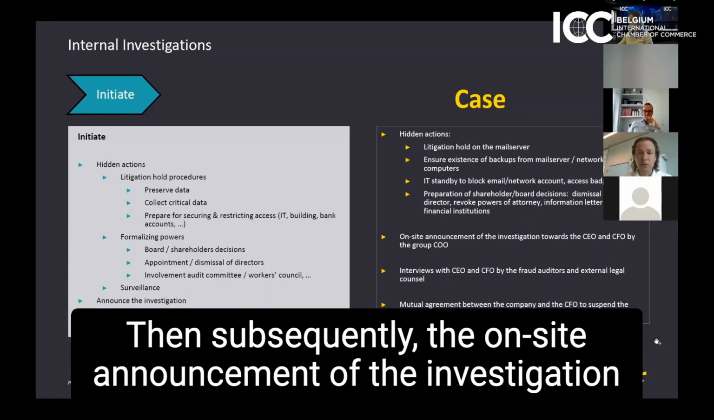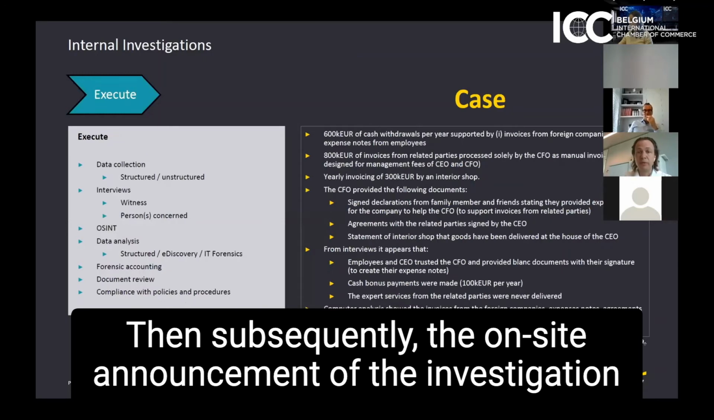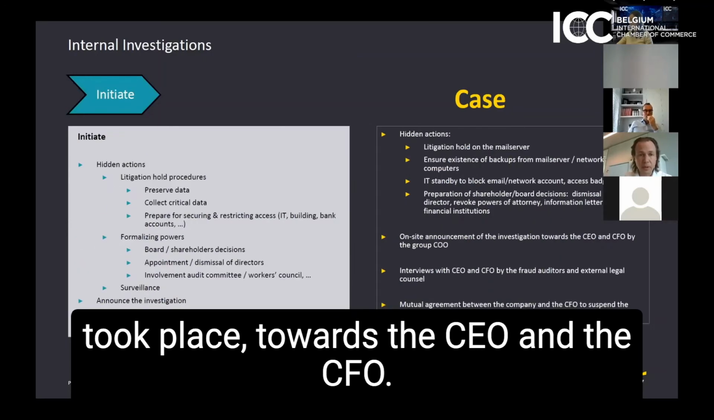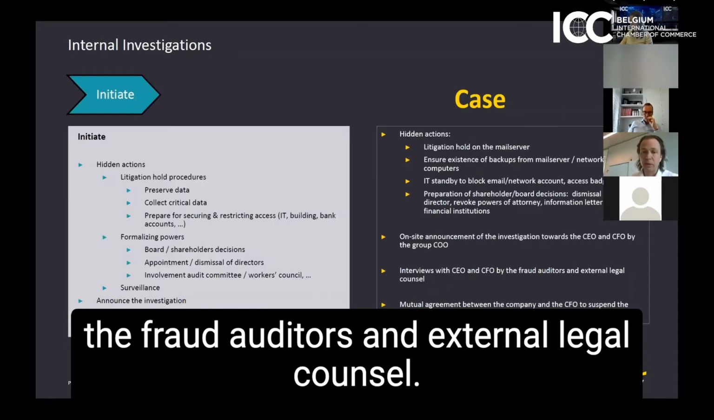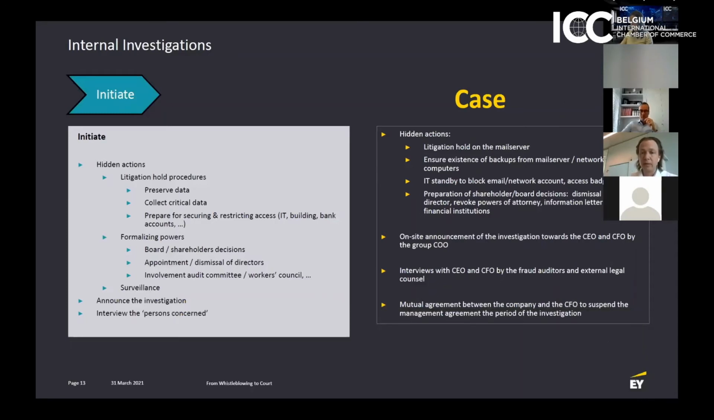Then subsequently, the on-site announcement of the investigation took place towards the CEO and the CFO. Then interviews were performed with the CEO and the CFO by the fraud auditors and external legal counsel. And then the